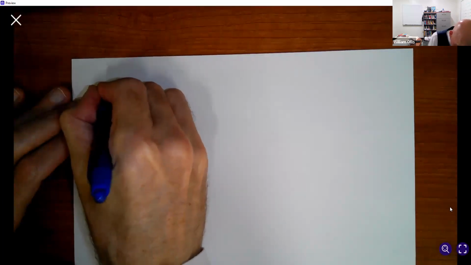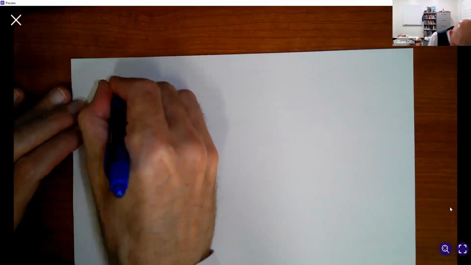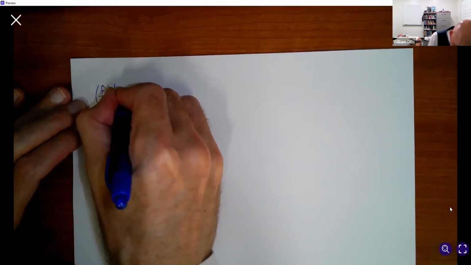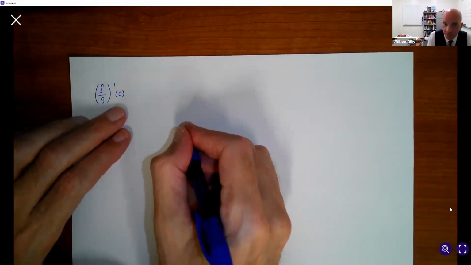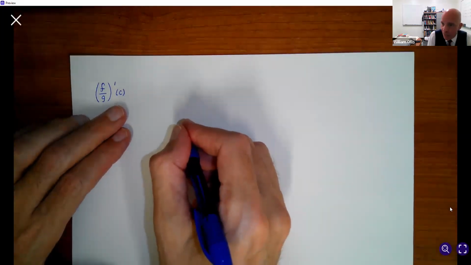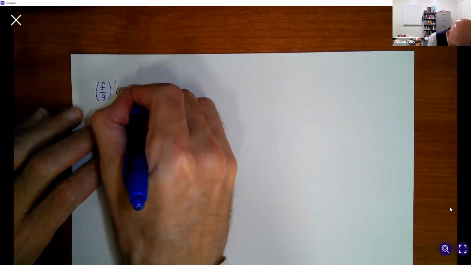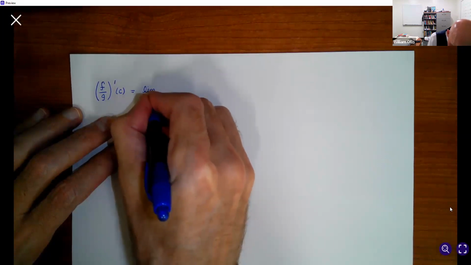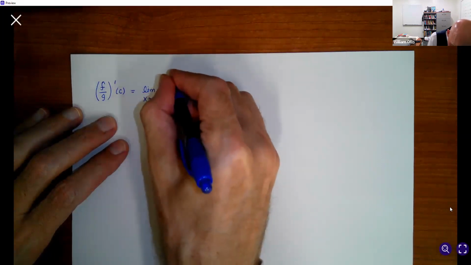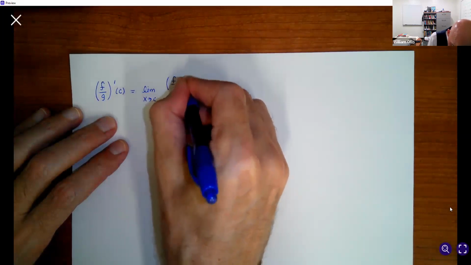So by definition, the derivative of f over g at c, again, we're going to use the fact that differentiability at c implies continuity. That will be an important result here. It will now be the limit as x approaches c of f over g of x